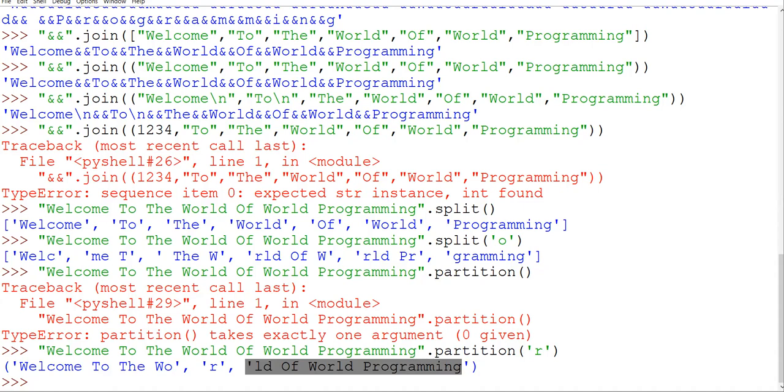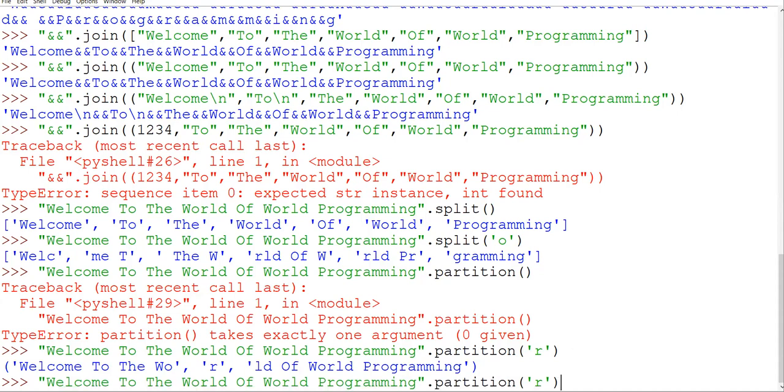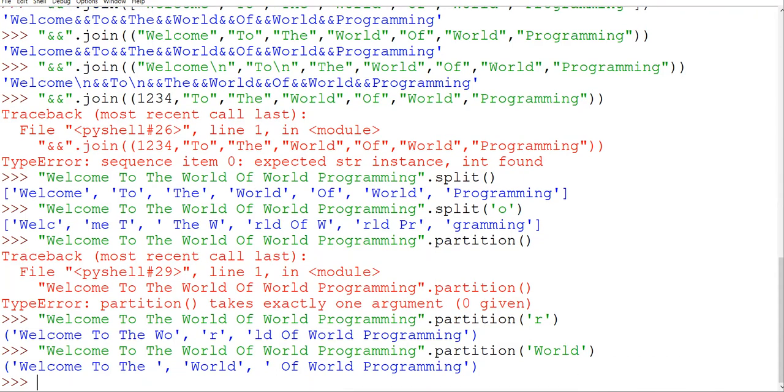Then the next thing is what happens if it is not found. It is not compulsory that you give only a single character like R; you can give the complete string also. Suppose I am writing here a word, and you can see there are 2 such words, but it is going to check for the first one, checking from here. As soon as it gets the first one, it is going to break.